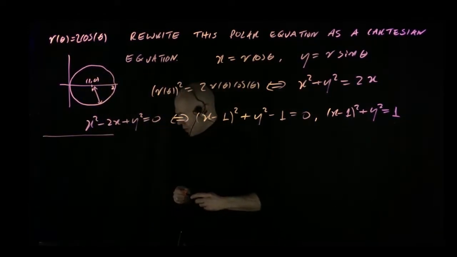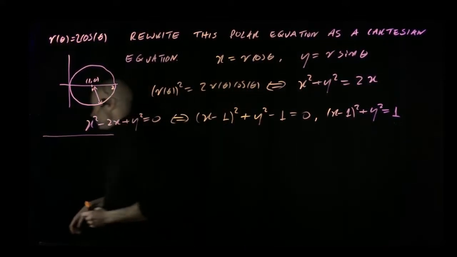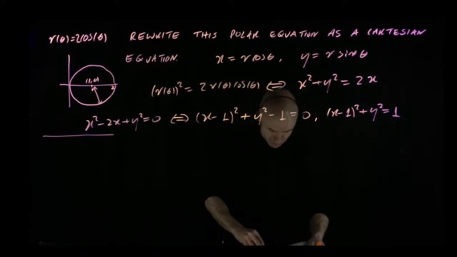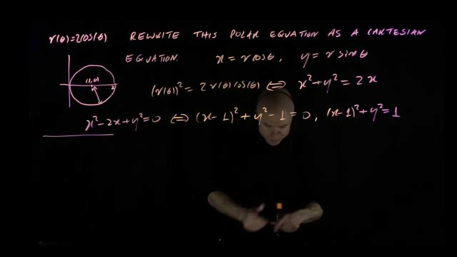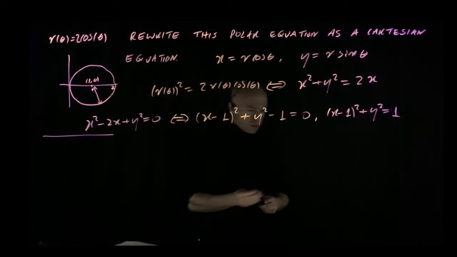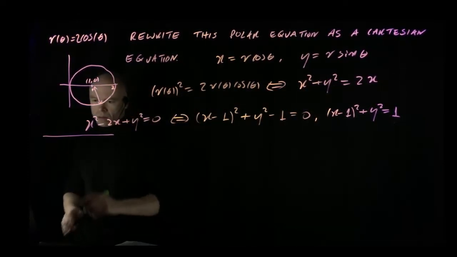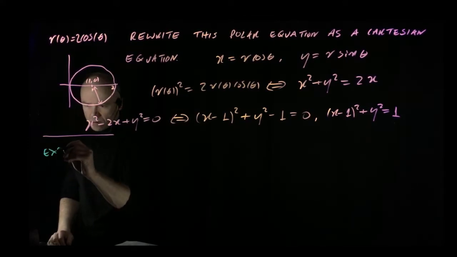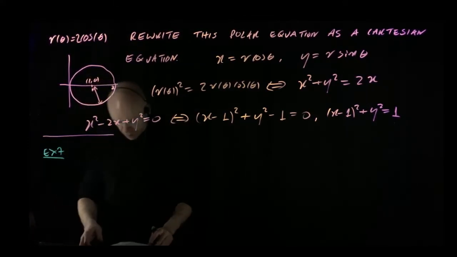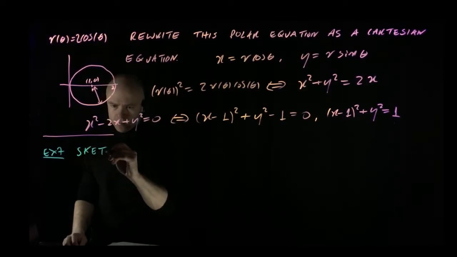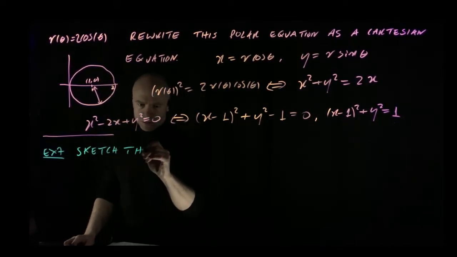All right, let's do another example of sketching a polar curve. Change colors maybe. This is example 7. Sketch the curve